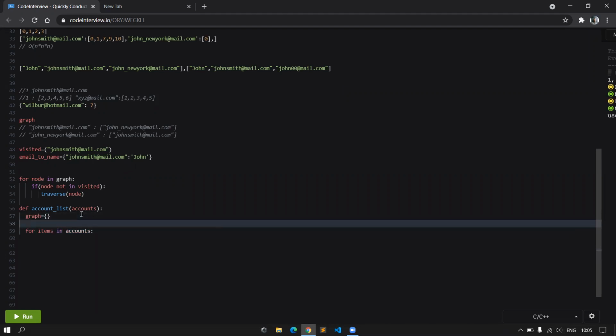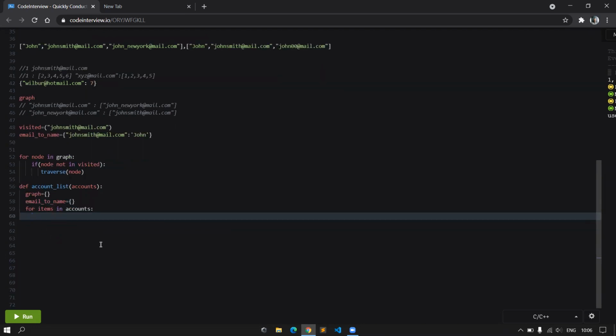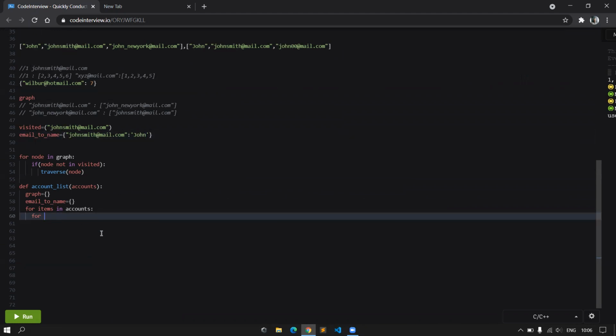First, I need to get the email to name mapping. So this is why I will have an email to name dictionary. And now for each of the items in my account list, I again have to, so now I will be constructing the graph, and again I would map each of the email IDs to the name. So how do I do this?